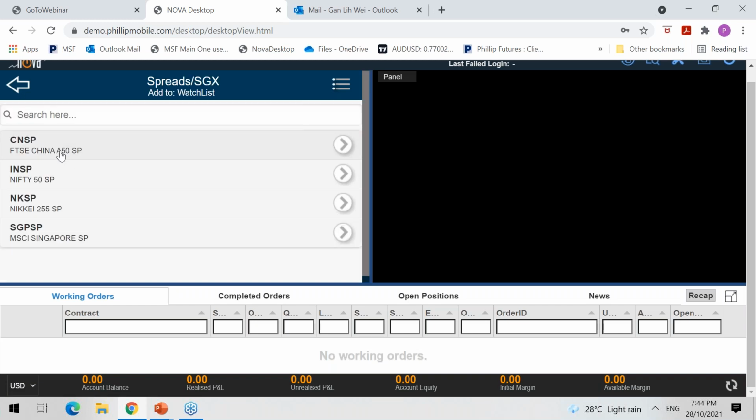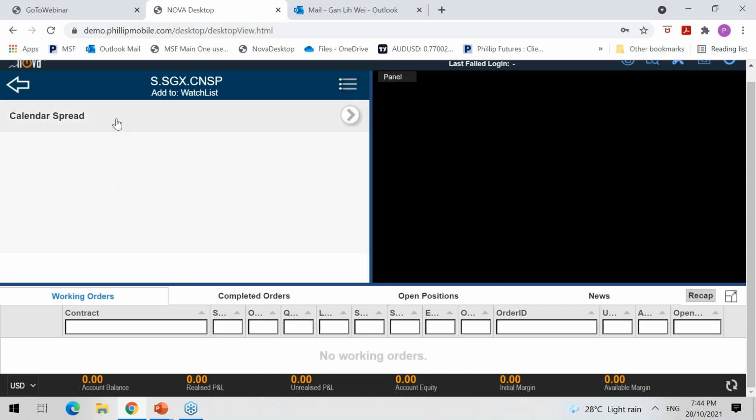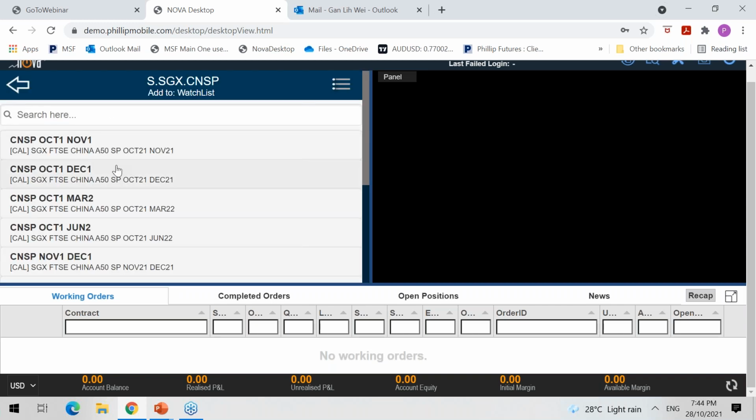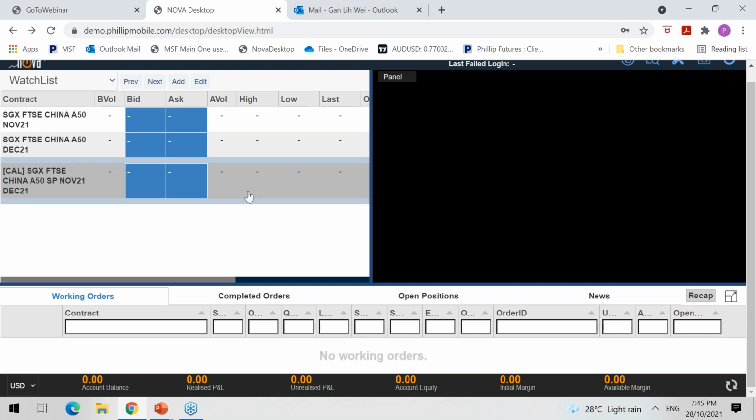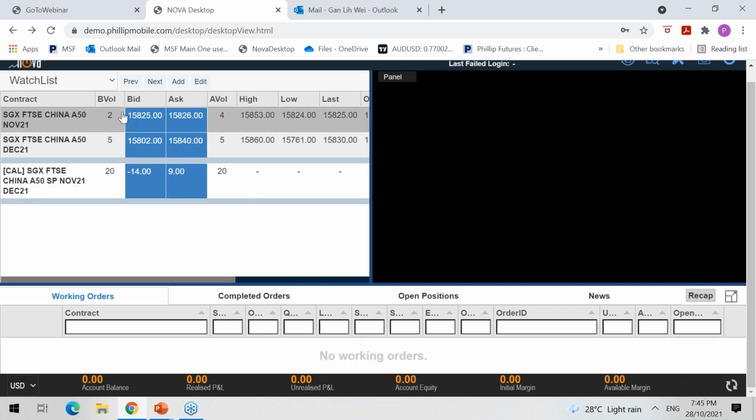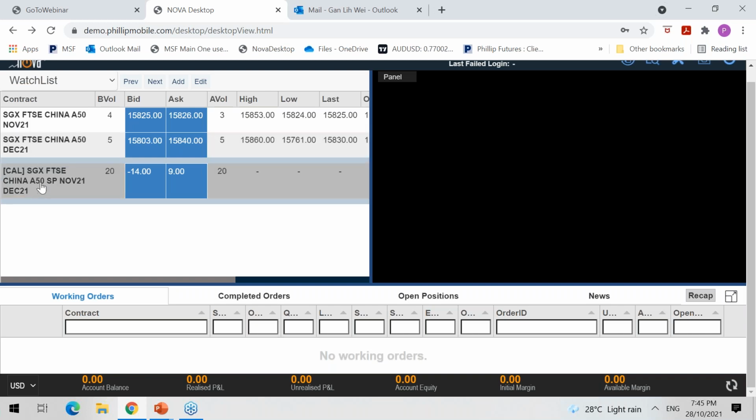Over here, for example purposes only, we are using the China A50. And we have to look for the one that we want to roll over, as our months are November and December. This is a monthly contract, unlike the US index futures, which are quarterly. So we have to look for the November-December contract. Starting from here, the November-December contract, that's right, and it has been added to the watch list. From here, you can see the prices for the individual contract months, November and December. And this is the calendar spread.